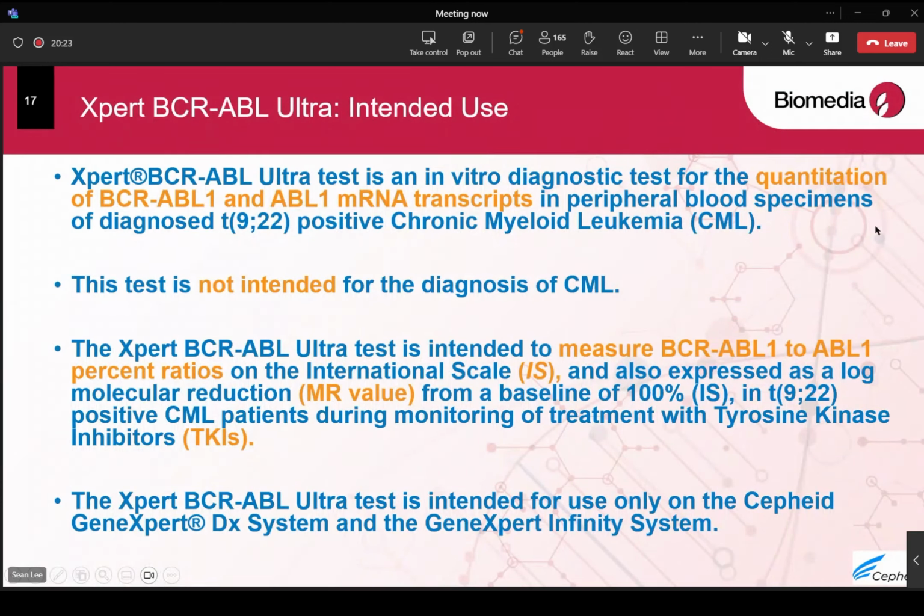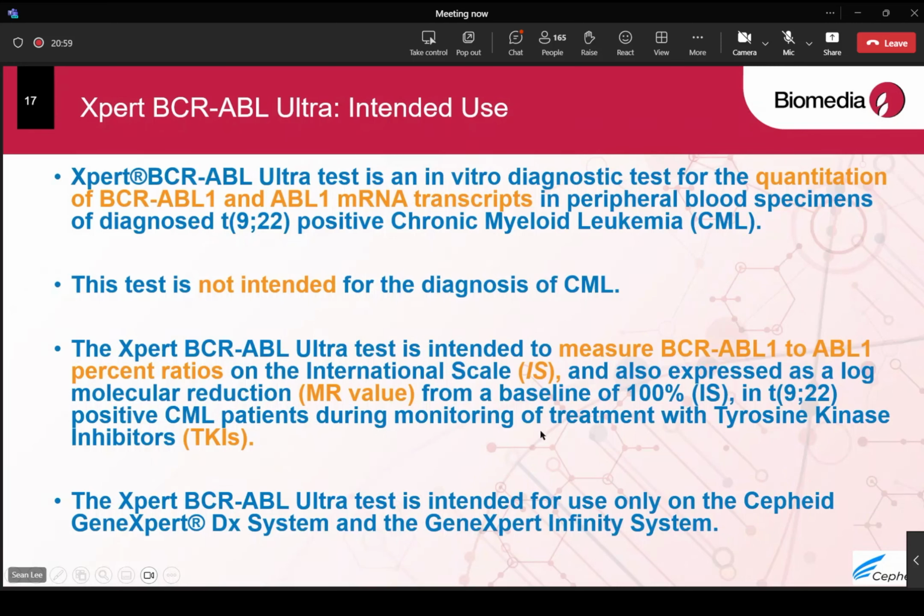All right. You cannot use this to diagnose CML. It's very important: not intended for the diagnosis of CML. This test is to measure the BCR-ABL1 to ABL1 percent ratio on the international scale, the IS value, and also to give you log molecular reduction, MR value, from a baseline of 100% IS during monitoring of treatment with